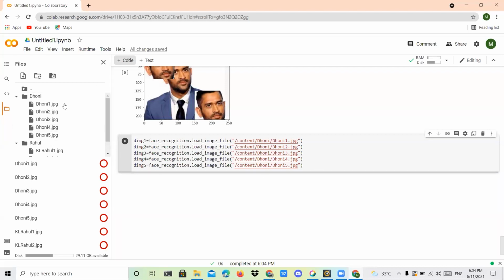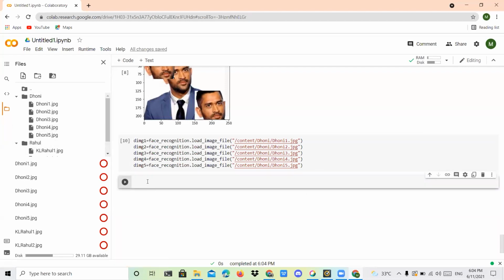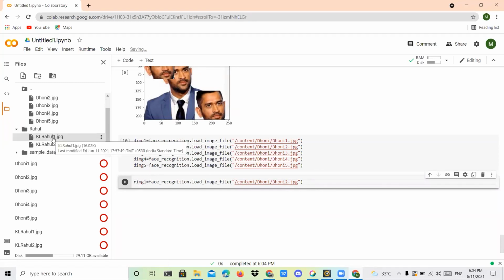After that, I want to load the raw images also. So we can change the variable to R image. Only 2 images I'm having, so I can give it as R image 1. Within that, the path you have to change: go here, right click, copy path, and within double quotes paste this.